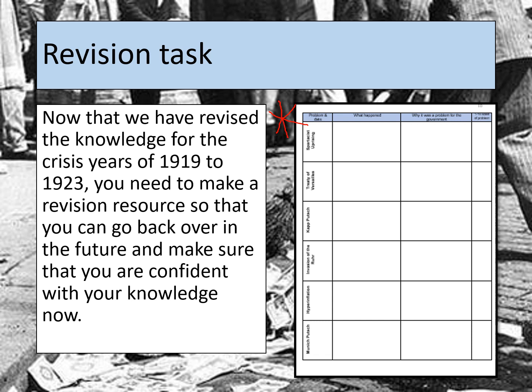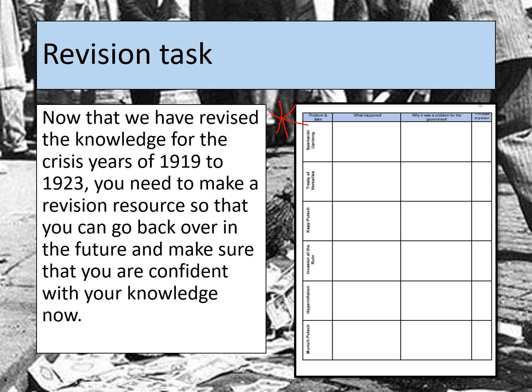Essentially you just need to fill that in with very brief notes about what happened in each rebellion. So just bullet point things like where did it happen, when did it happen, who was leading it, how many people were involved. And then you've also got to talk about why it was a problem for the government, and you'll particularly be looking at how it was crushed, particularly if you're looking at a political issue. If you're looking at an economic problem, like later down the line, the invasion of the Ruhr, hyperinflation and things like that, you will also have to think about why those issues were a problem for the government. So think about the resentment after hyperinflation in particular.